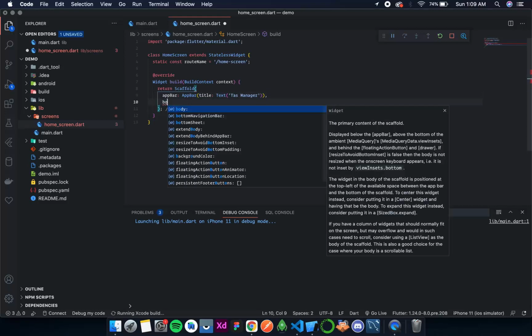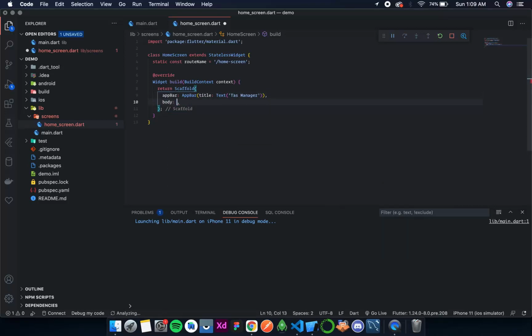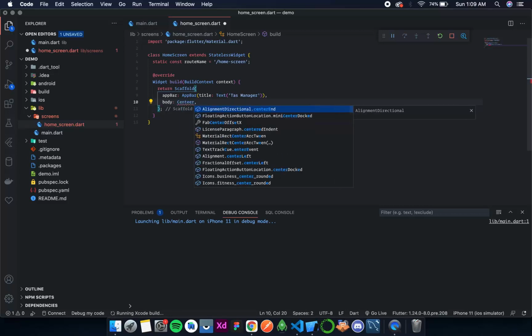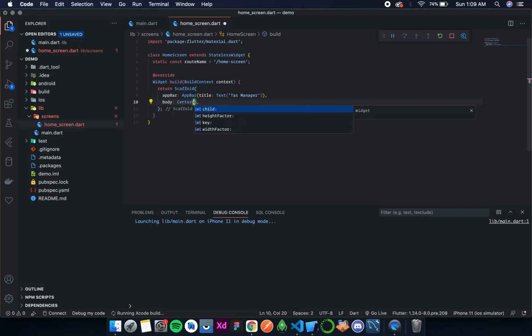Now in body, I don't think right now we need to add any body. First we need to add the feature to create tasks, and then only we'll be able to show tasks, and showing tasks goes in the home screen. So center, simply a child with a text widget that says no tasks added yet.